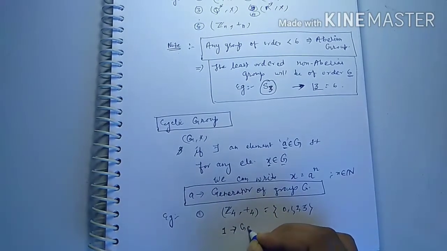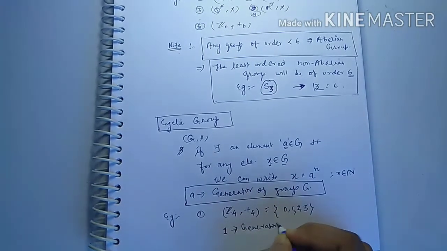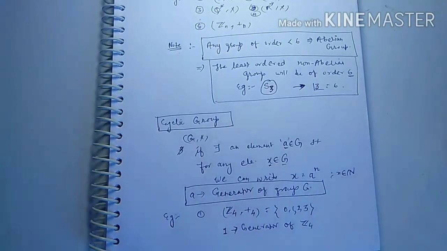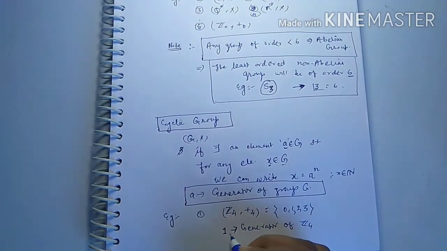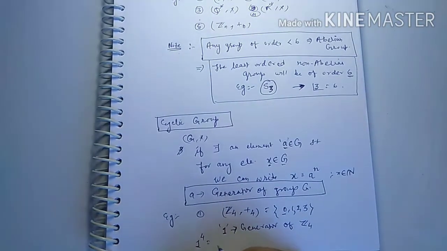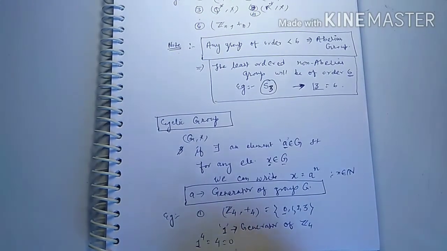We will prove it. 1 is the generator of this group Z4. So we can generate each element of this group by this element 1. If we want to generate the element 0, then we can write 1 raised to the power 4. It is equal to 1 plus 1 plus 1 plus 1, 4 times, that is 4, and 4 is 0